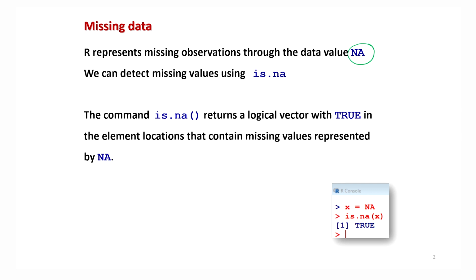So in order to detect whether there are any missing values or not, we have a command here: is.na, all in lowercase alphabets. Whatever is my data vector or data set, we write inside the parenthesis, is.na and inside the parenthesis the data vector, and its outcome will be a logical vector. That means the outcome will come in terms of true or false, right?